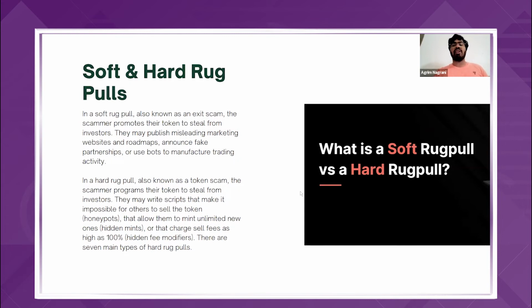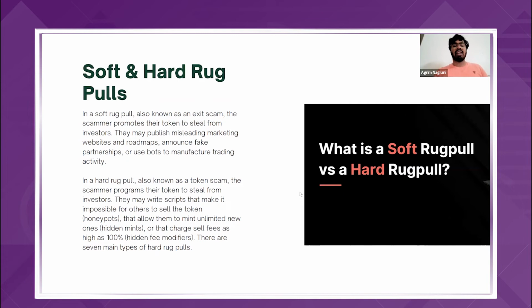They do all these activities for a certain period of time, say 6 months, 9 months, or a year. And then after that, they raise their hand saying that this particular token or Web3 project is not working, and they've burned all the cash. So this is the soft rug pull scam, in which investors are not able to recover their investments, whether in the form of crypto assets, currencies, or whatever they have invested.